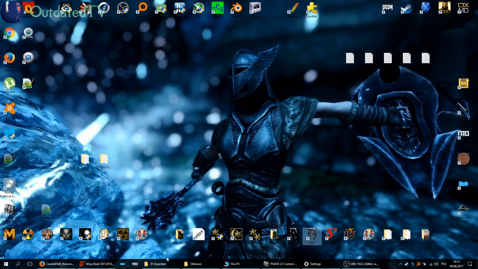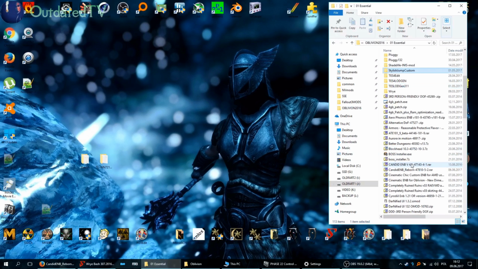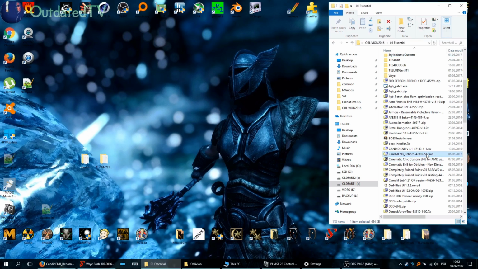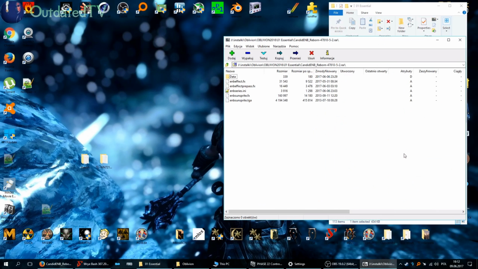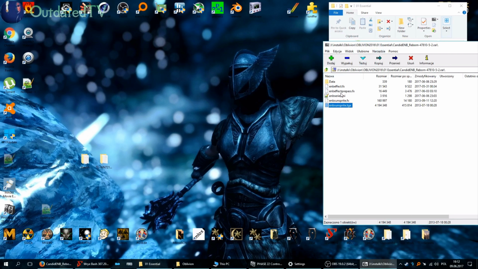Once you have downloaded this file, you will receive this over here, Candid ENB REBORN. Inside the archive, you will find, however, 5 independent ENB files and a data folder. And not to mess up our game permanently, I will create a little mod from this data folder. So let's extract these ENB files into the game folder,